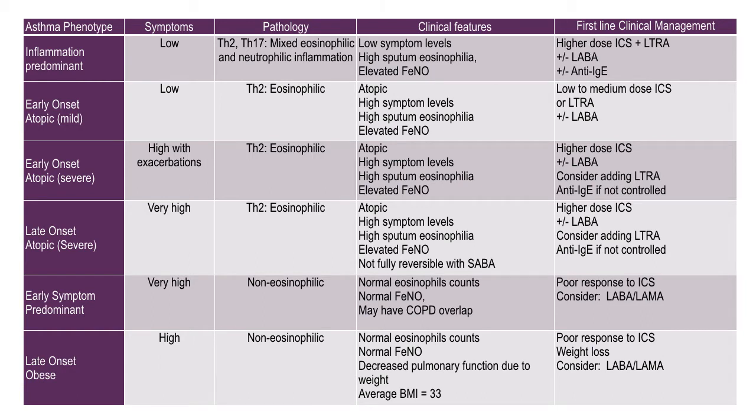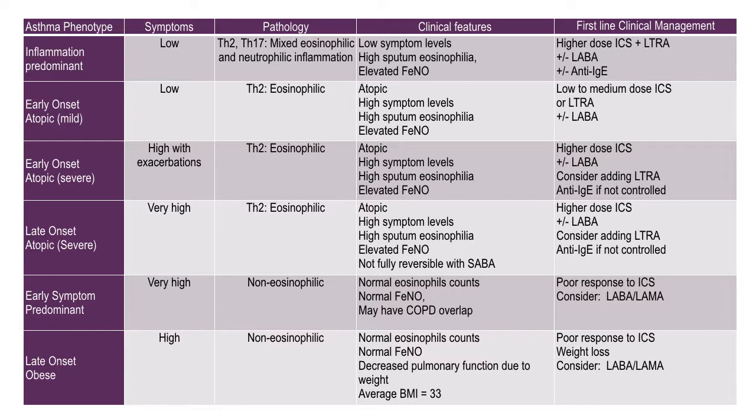So this next slide is just showing us the different types of asthma phenotypes. It used to be that when we thought of asthma, we just thought of asthma, it's just one thing. But we're now starting to realize that asthma is not one entity. It's actually a heterogeneous or multiple grouping type of syndrome. And if we break it down essentially into 5 or 6 different phenotypes, which are the clinical manifestations